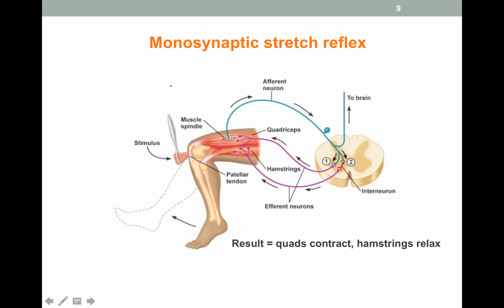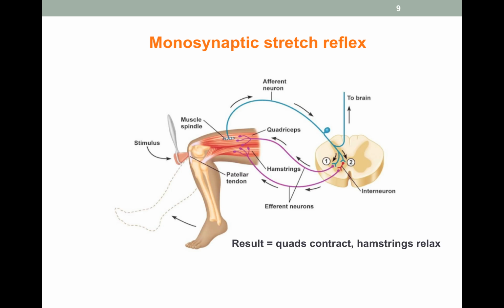And the other information is actually going to excite an inhibitory interneuron. Okay, so now we have an inhibition that's getting sent to the hamstrings. So the end result is that the quads contract, the hamstrings relax. Now this is a good thing, because if you have opposing muscle groups or antagonist muscle groups, like we see here with the quads and the hamstrings, that contract at the same time, not only does this make for an inefficient movement,